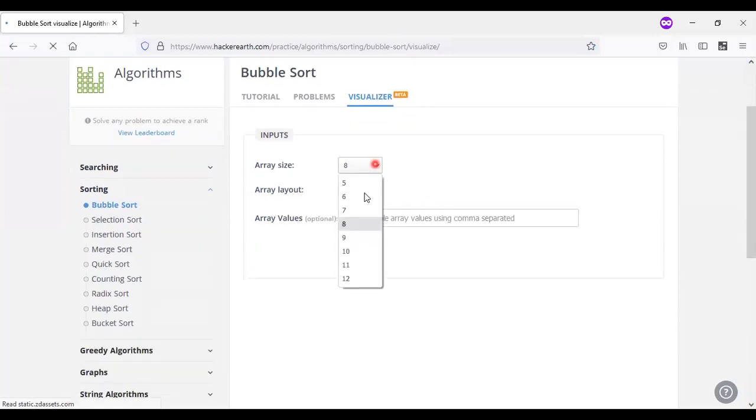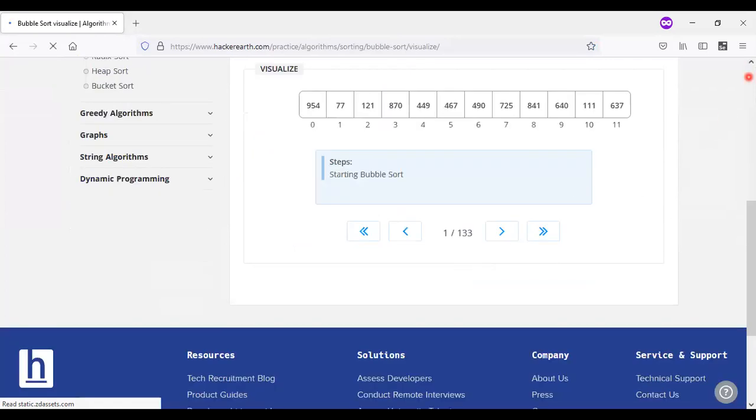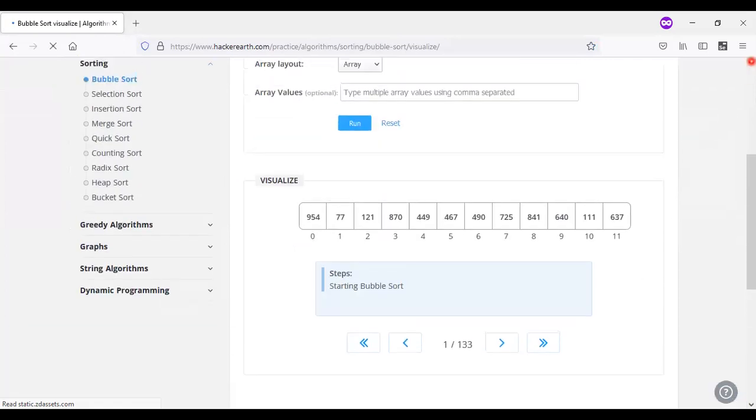How many elements can we take? Just take it as 12. If I am not giving any values, it will take its own values for processing, which include highest, lowest, and all. So here we are taking 12 elements.